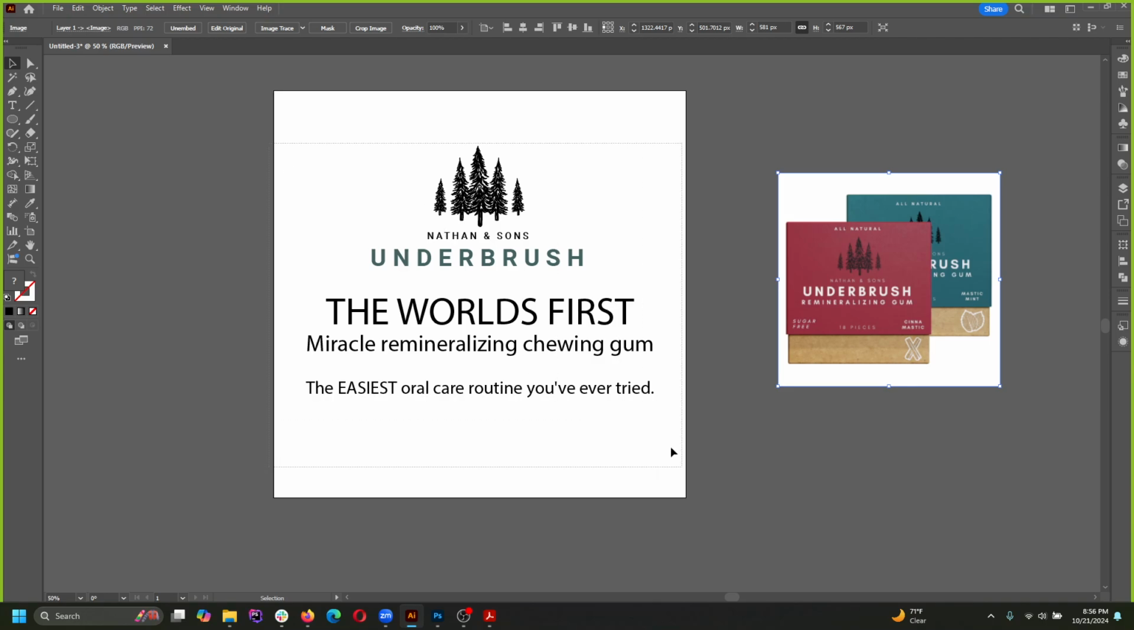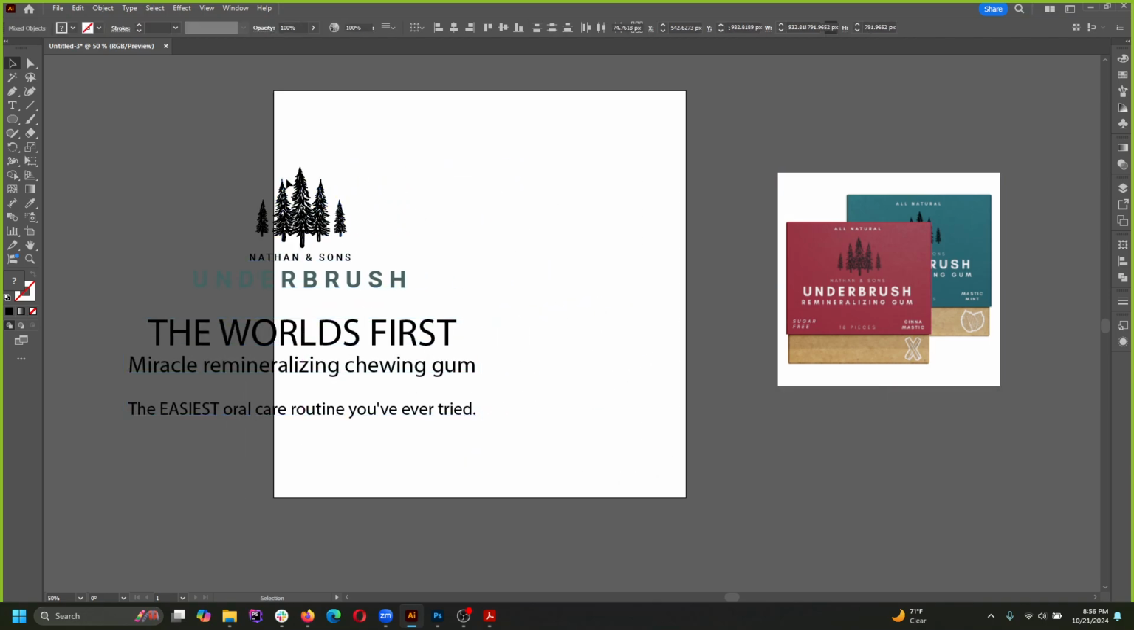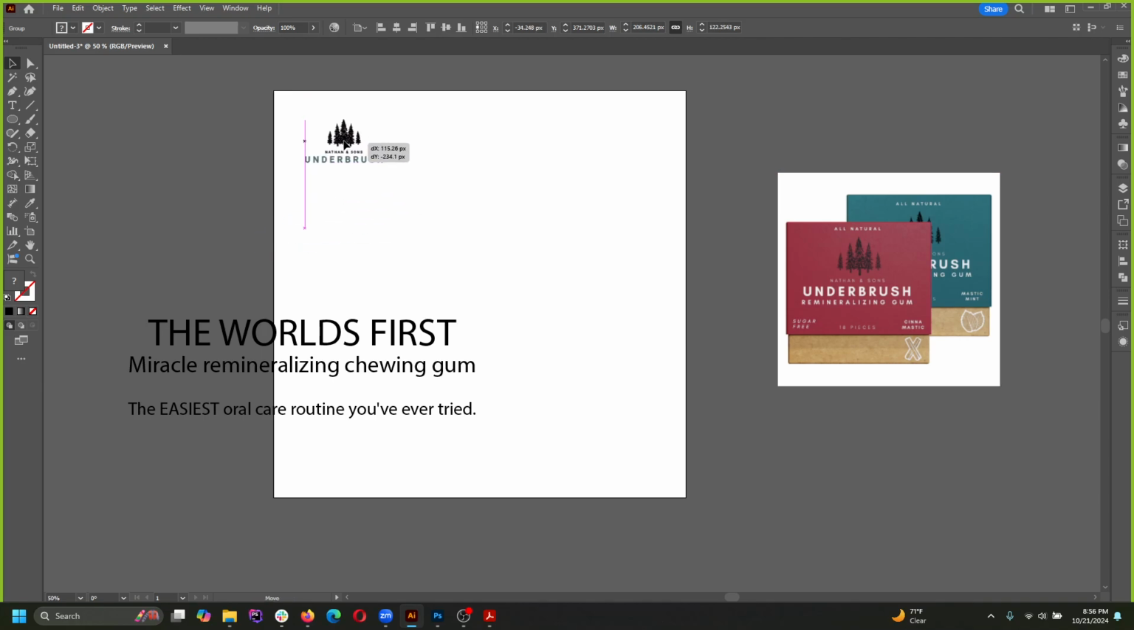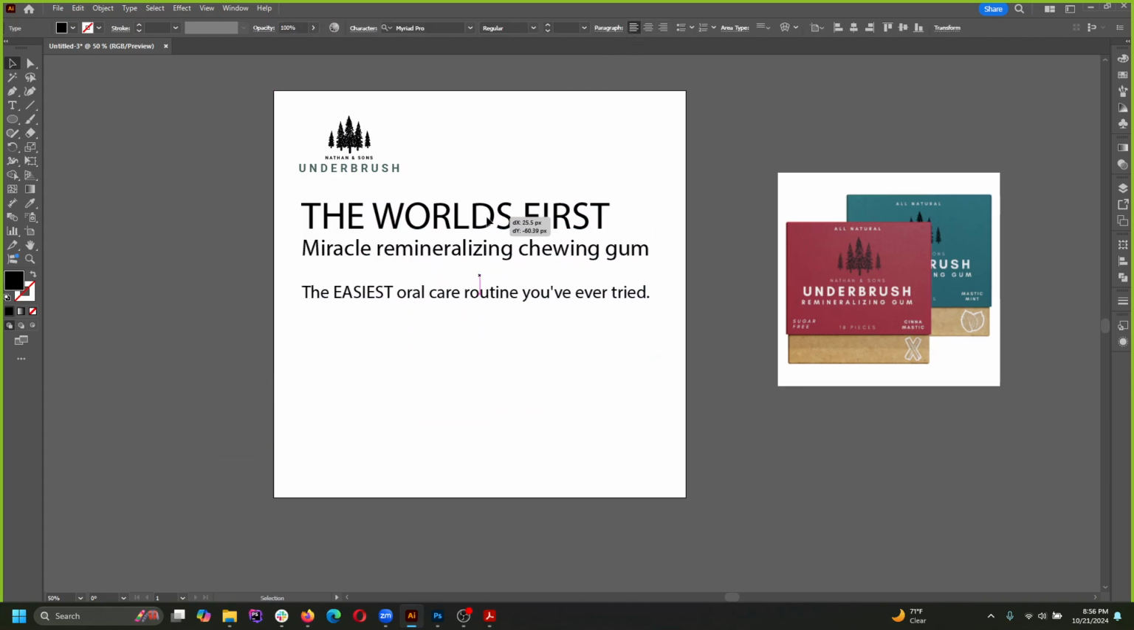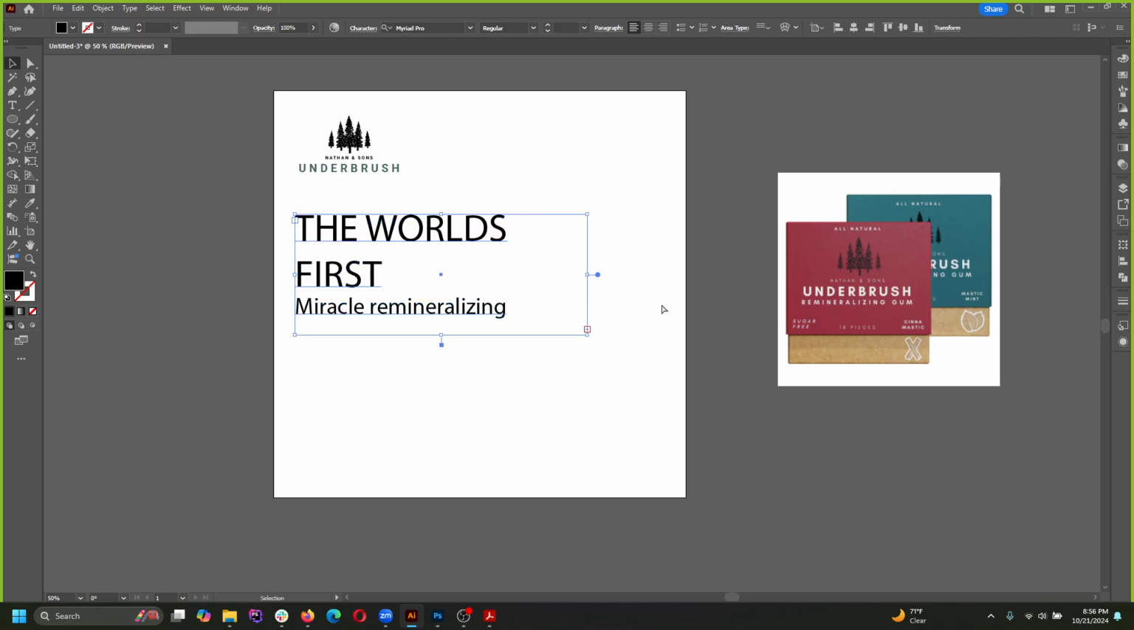But I want to go for a balanced design, but not symmetrical like this. So I want to go more for having a logo up in the top left corner and our message maybe on the left side like this. I'm gonna